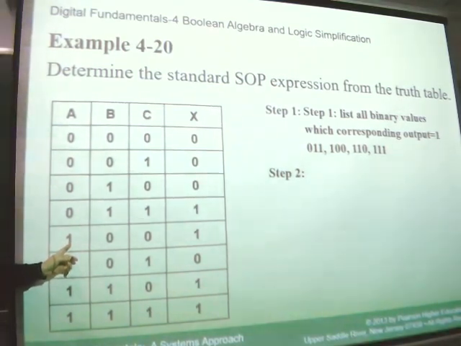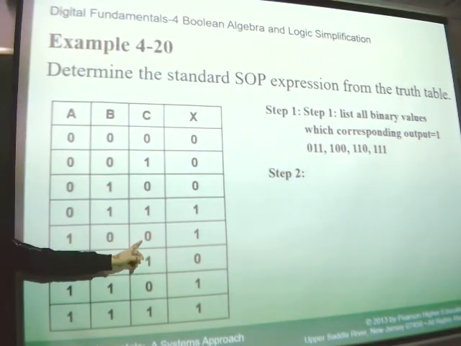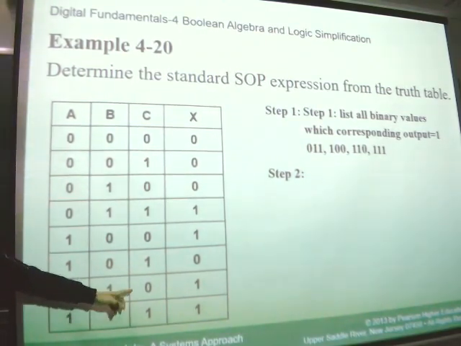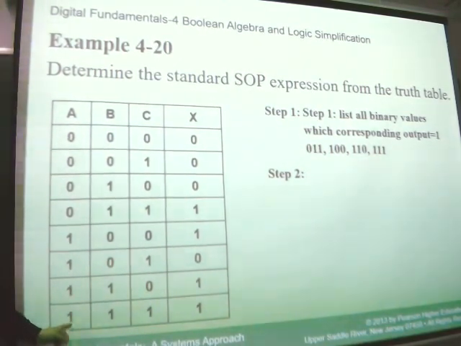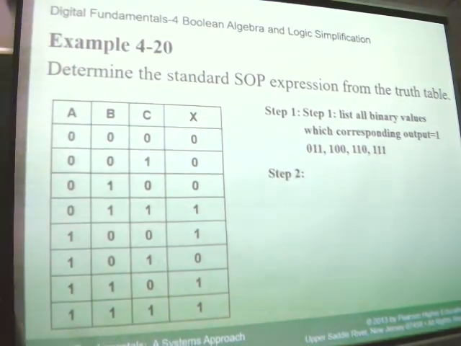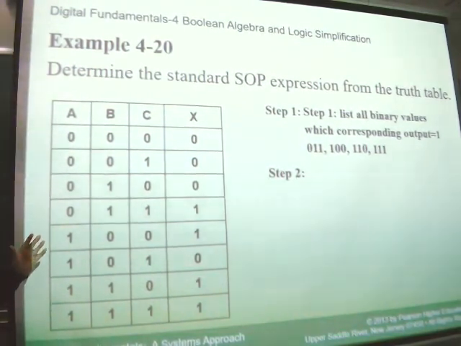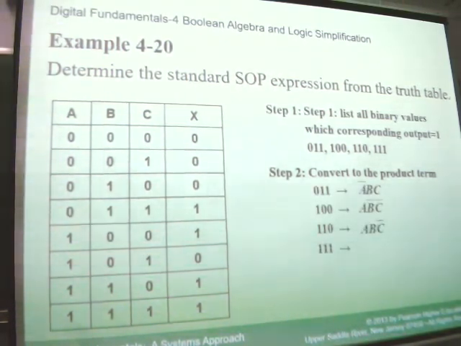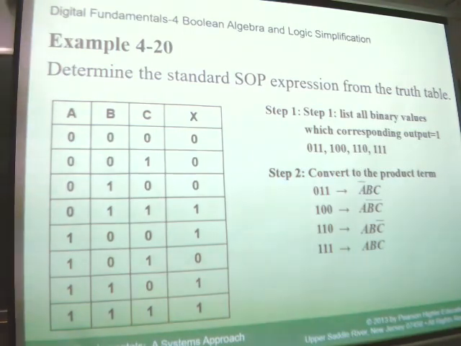This one is A, B bar, C bar. This one, A, B, C bar. Yes. A, B, C. So there are 4 product terms. And the third step,